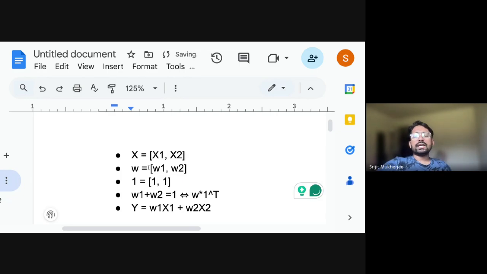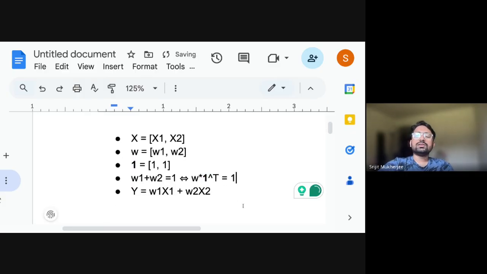W is a vector, 1 is a vector, and we can make it bold. This must be equal to 1. And here, Y is equal to W1 x1 plus W2 x2,